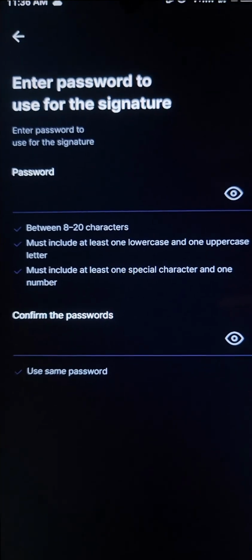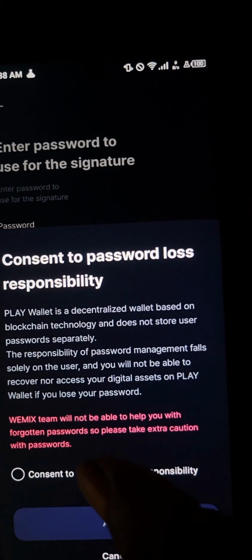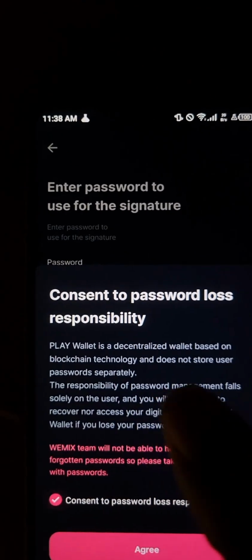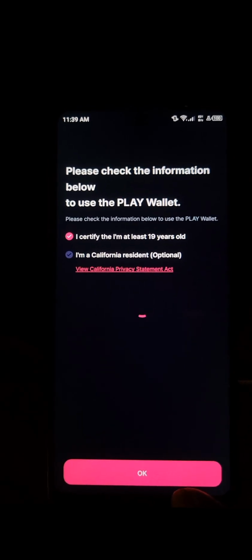So once it's done, the password has been created, simply click on the OK option and then consent to being responsible for your loss of password. So click on agree. Alright guys, and you've created your play wallet successfully. So simply click on continue. If you're a Californian resident, you can state that. So once you've clicked on OK,